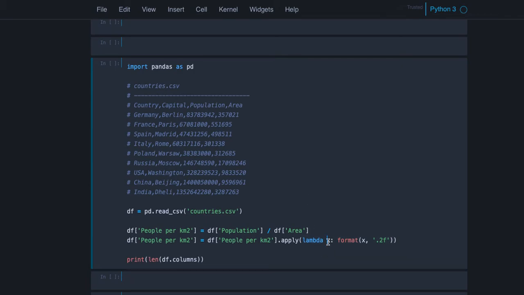So it takes the value and formats it. And then we assign the result back to our column. So this will format each value in the column so that it has only 2 digits after the point, after the dot. And when we run